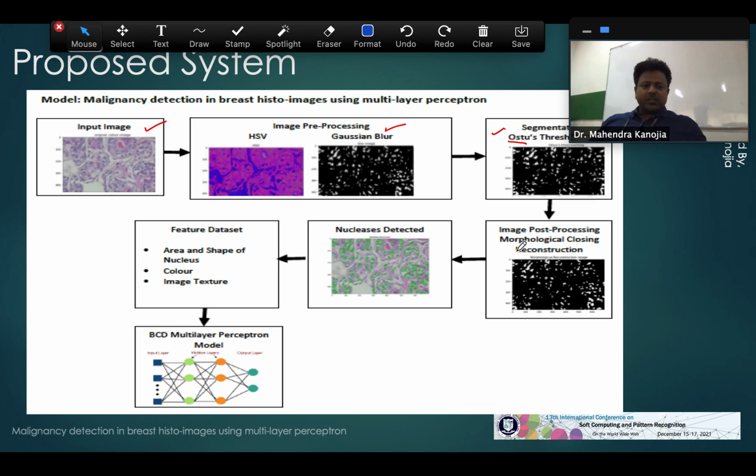The output of this is given to morphological closing reconstruction, which goes to nucleus detection. From the detected nucleus, we extracted features and created a feature data set, and this feature data set is given to my breast cancer detection multi-layer perceptron model. The multi-layer perceptron algorithm has been trained, and this model is finally ready to identify the given input image as benign or malignant.